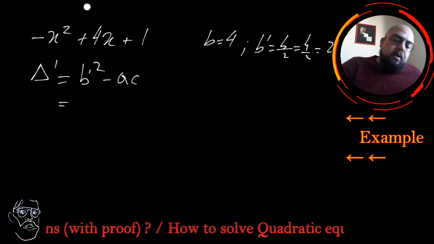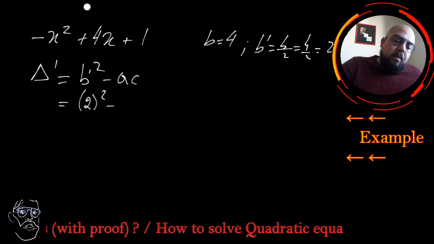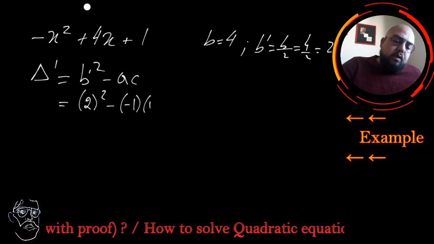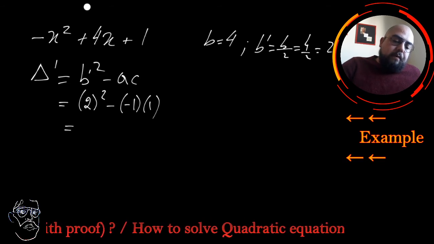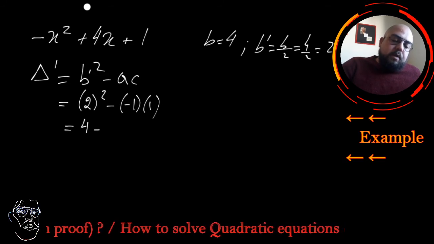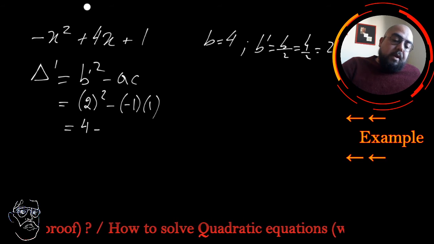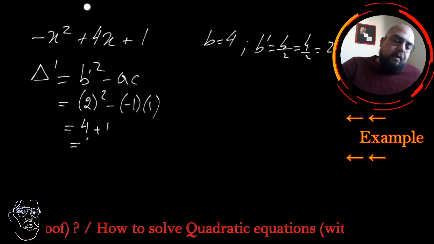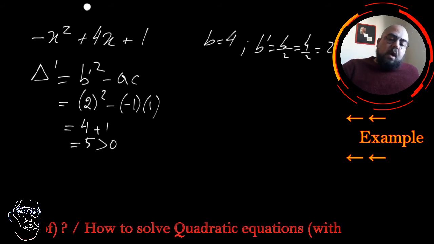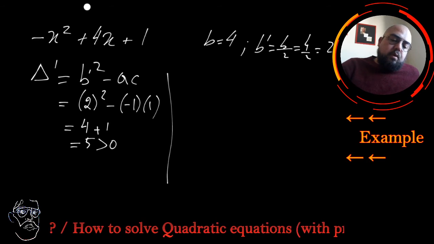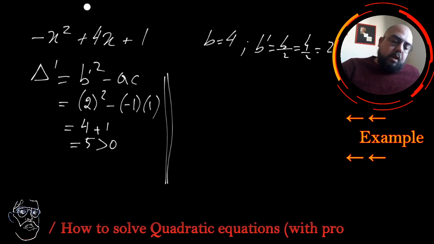B prime is 2 to the power of 2, minus a is minus 1, c is 1. So you will have 4 plus 1 is 5, it's positive. I will have two real